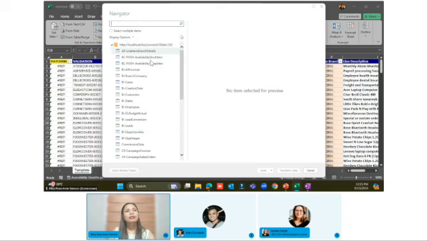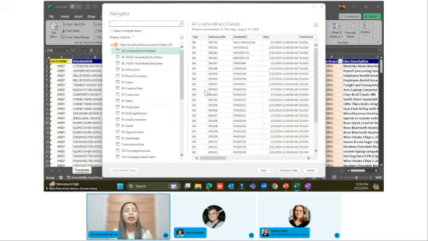Since we just established the connection between Acumatica and our Excel file, on this section of the screen you are able to see all the generic inquiries that have been exposed to OData. It can be the standard Acumatica generic inquiries or some customized generic inquiries that have been exposed to OData. So to load the generic inquiry that you want to access, just select it.